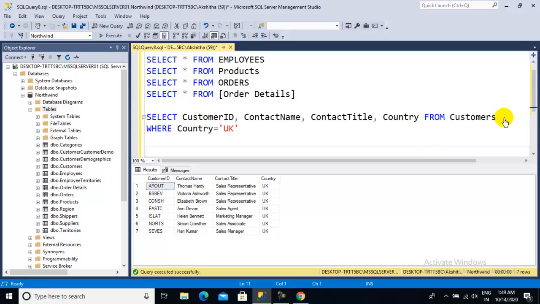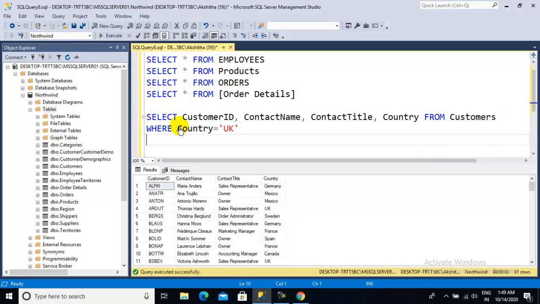And for example, if I want another one, it has only country UK, but I want UK and also Mexico. What we have to write is there is an operator called and, we can mention it like this, and put Mexico here.